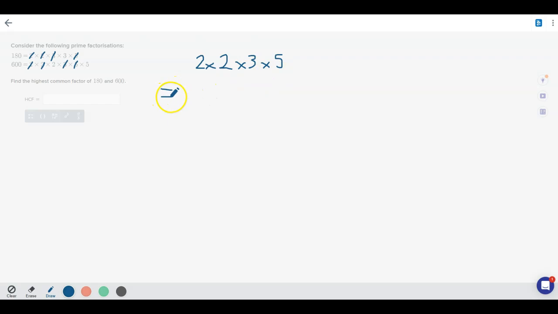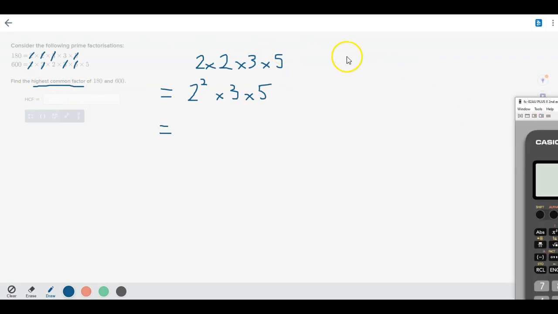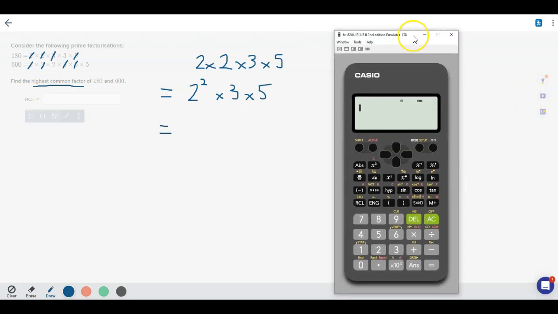Now I could also write this technically as 2 to the power of 2, times 3 times 5. That's not required for this question, but it's always good to think about and practice skills that we have. So I could write it in notation form like that. But basically, to find the final answer, the highest common factor that it's asking for, I simply have to solve this now. I'm going to use my calculator. I'm simply going to put either of those two expressions in. So 2 times 2 times 3 times 5, press equals,